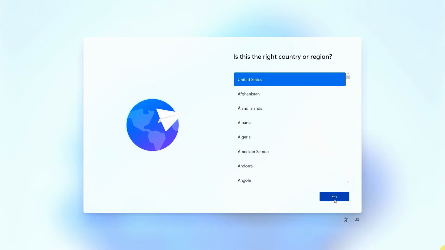We are now in the final stretch. Just follow what the Windows installer tells you to do. Follow the remaining on-screen instructions to complete the setup.